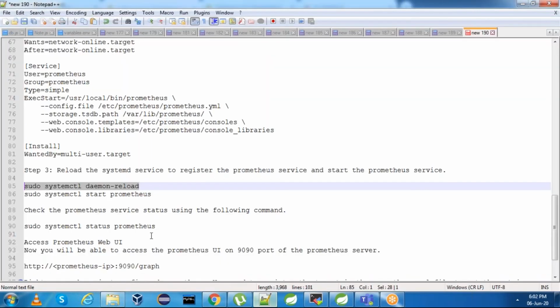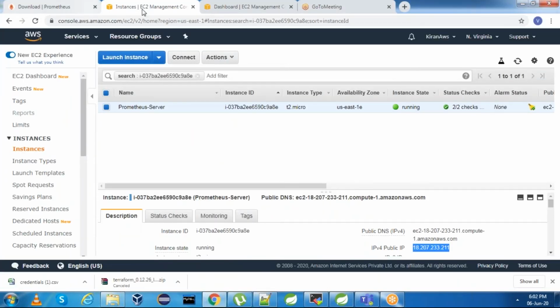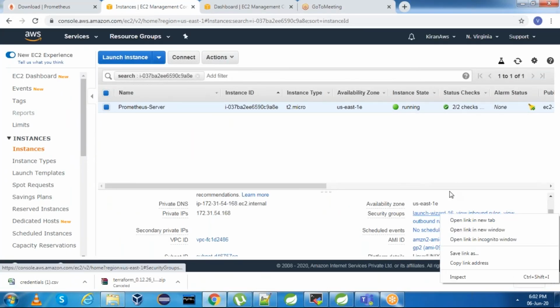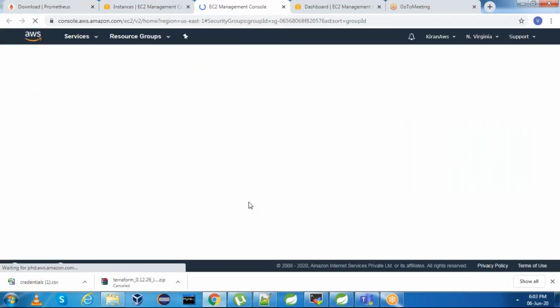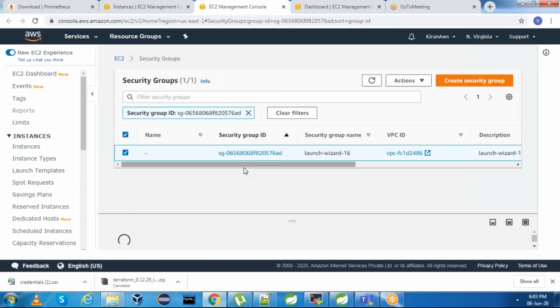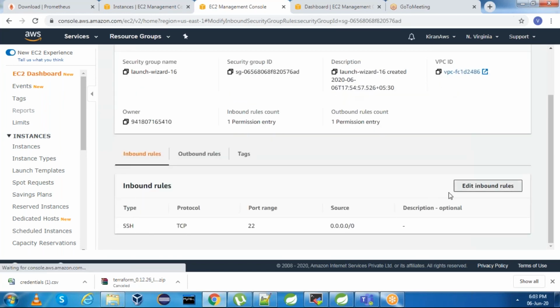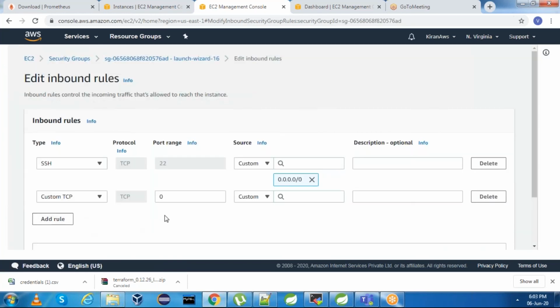Now you can go to the web UI and you have to access port number 9090. Before that, go to security groups and allow port 9090. Security group ID, edit inbound rules, add rule.